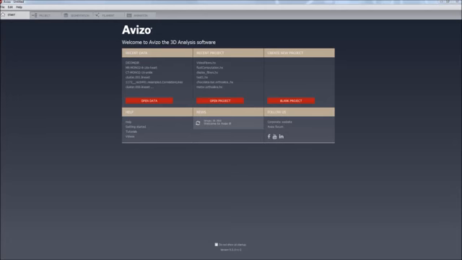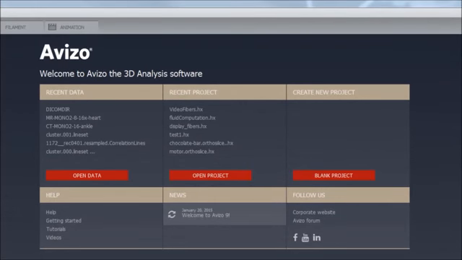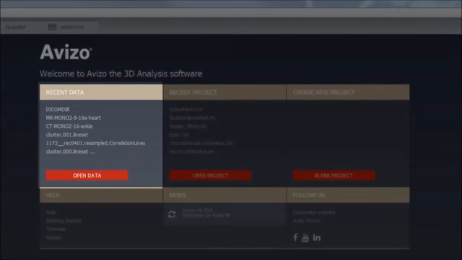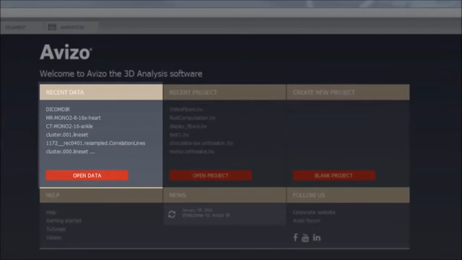This video will present the user interface of Avizo 9. At launch, Avizo shows a welcome panel. This panel is divided into several areas. The Data panel gathers the data you have recently used and features an Open Data button to open a new